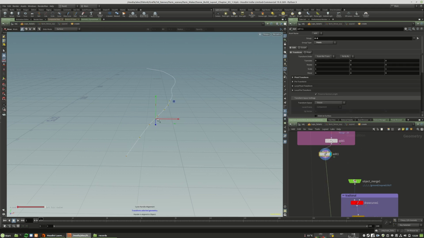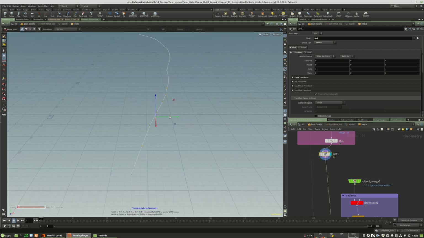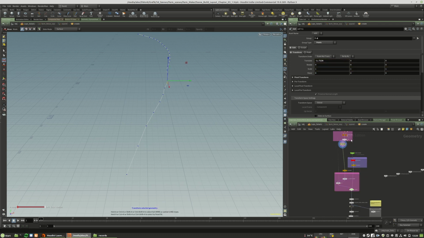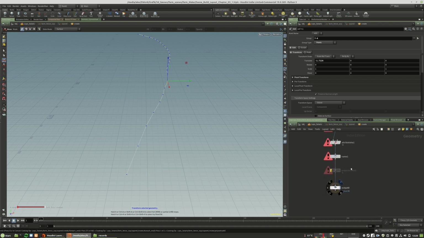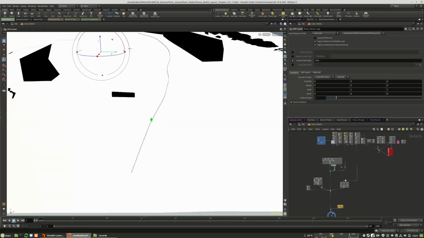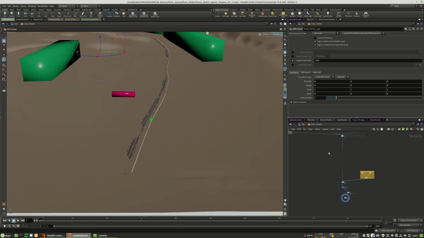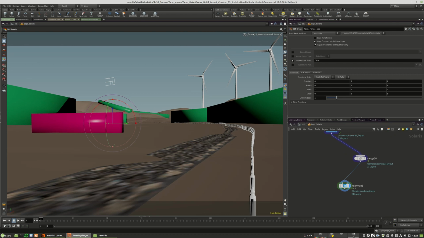With the shortcut M, we can change how the gizmo should work. So we want to work in the world coordinates, so move it more to the left, and this one as well. So we go back, reconnect this, let it calculate. Here we have it. We switch back and try to look through our camera. Turn that off, look through our camera. This looks much better, but